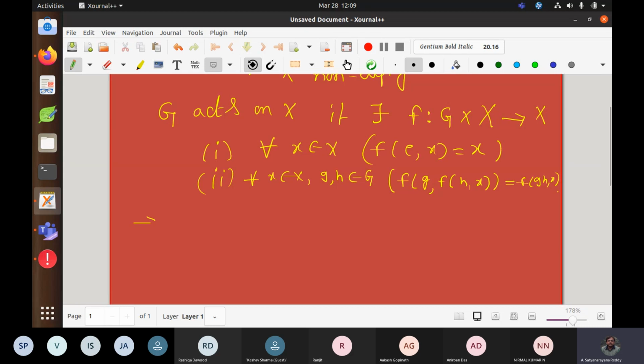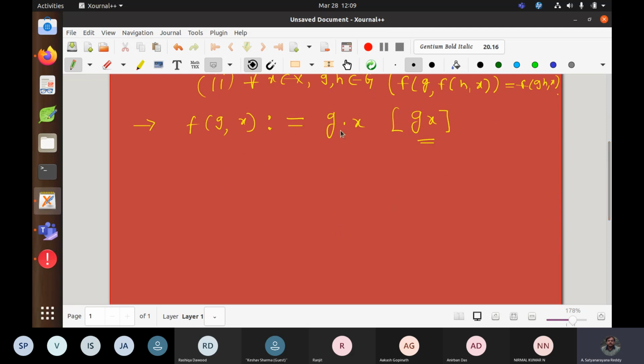Okay, and we made some notation changes, because every time writing F of F like that is a little complicated. So instead of F I wrote g acting on x. Okay, we denote like this. So what is the notation? From now onwards, instead of writing F of g comma x, we define this as simply g dot x. Sometimes I even write gx only, so it can be understood from the context. If more clarity is required, we'll put the dot, otherwise I will not put dots also. Okay, so g acting on x and giving an element in X again, right?